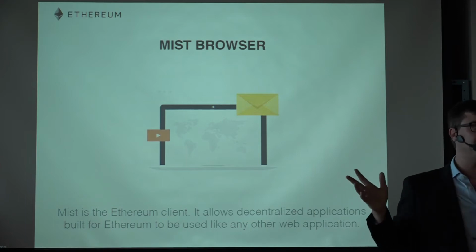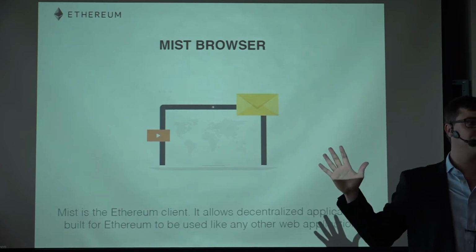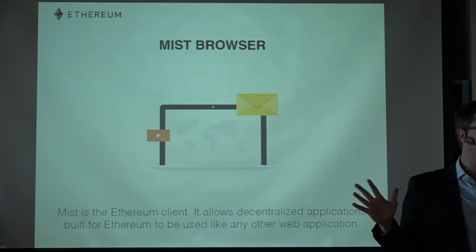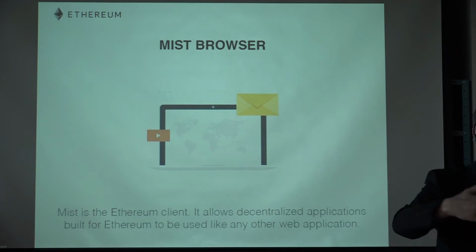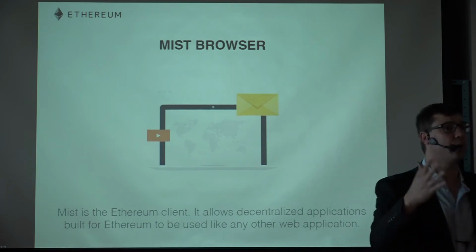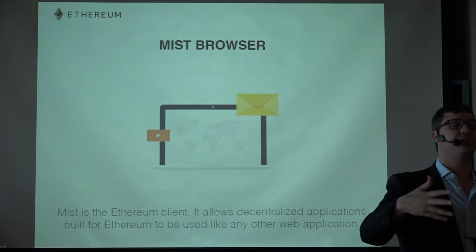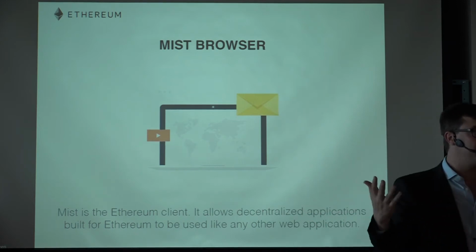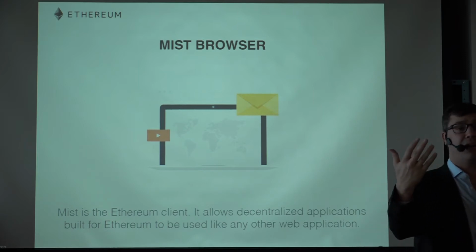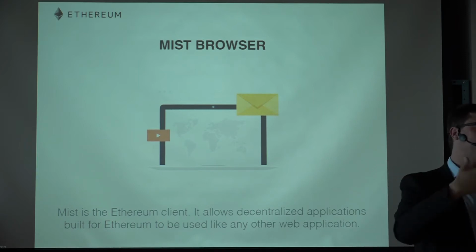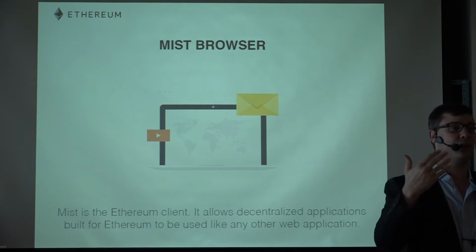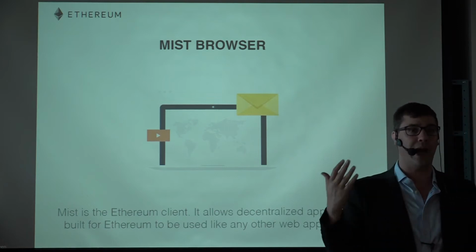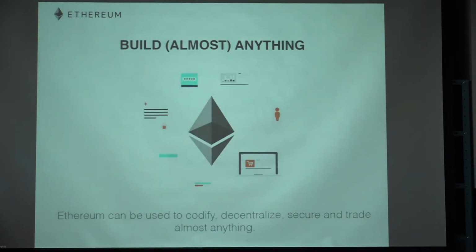There are numerous applications up there. Mist is the browser, so it's not called a wallet, it's actually called a browser. Why? Because on Ethereum, by default, you already have hundreds, maybe even thousands of different tokens, different coins, different smart contracts, and you can actually browse them. They can also have a user interface built on top of that. Basically, this is a cloud filled with apps. Every smart contract is basically like a micro app running on Ethereum. And you can build almost anything.